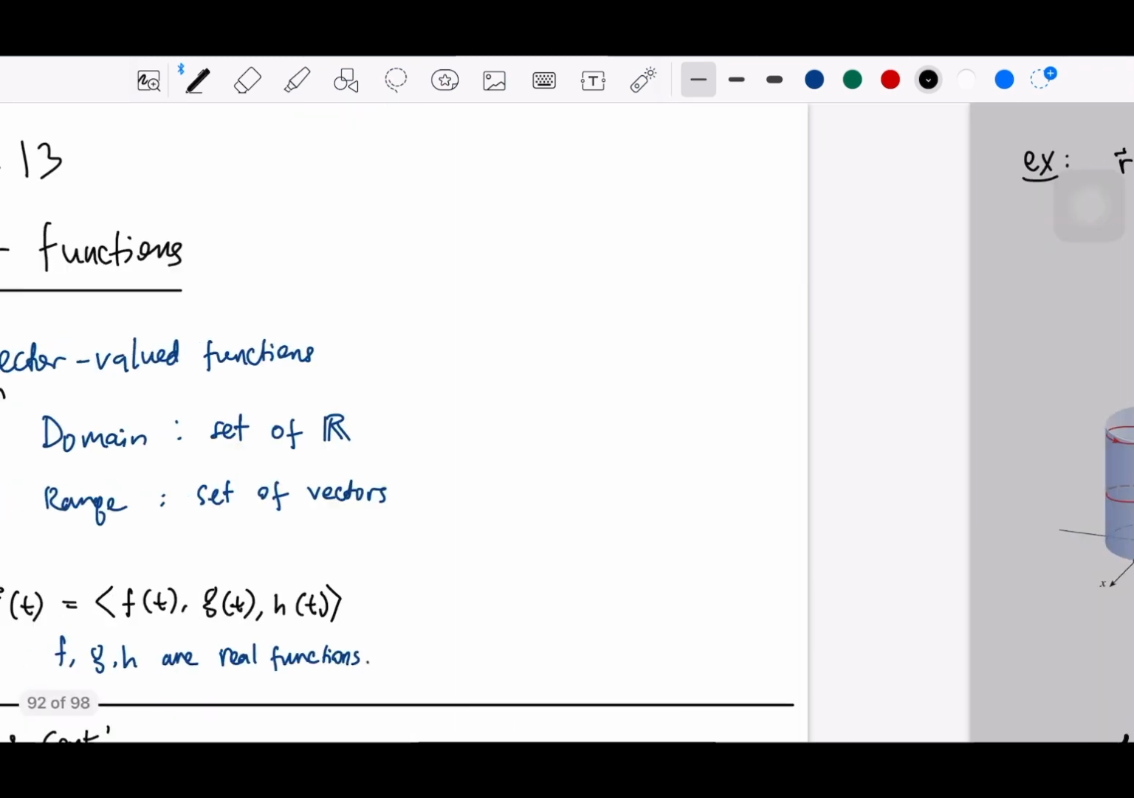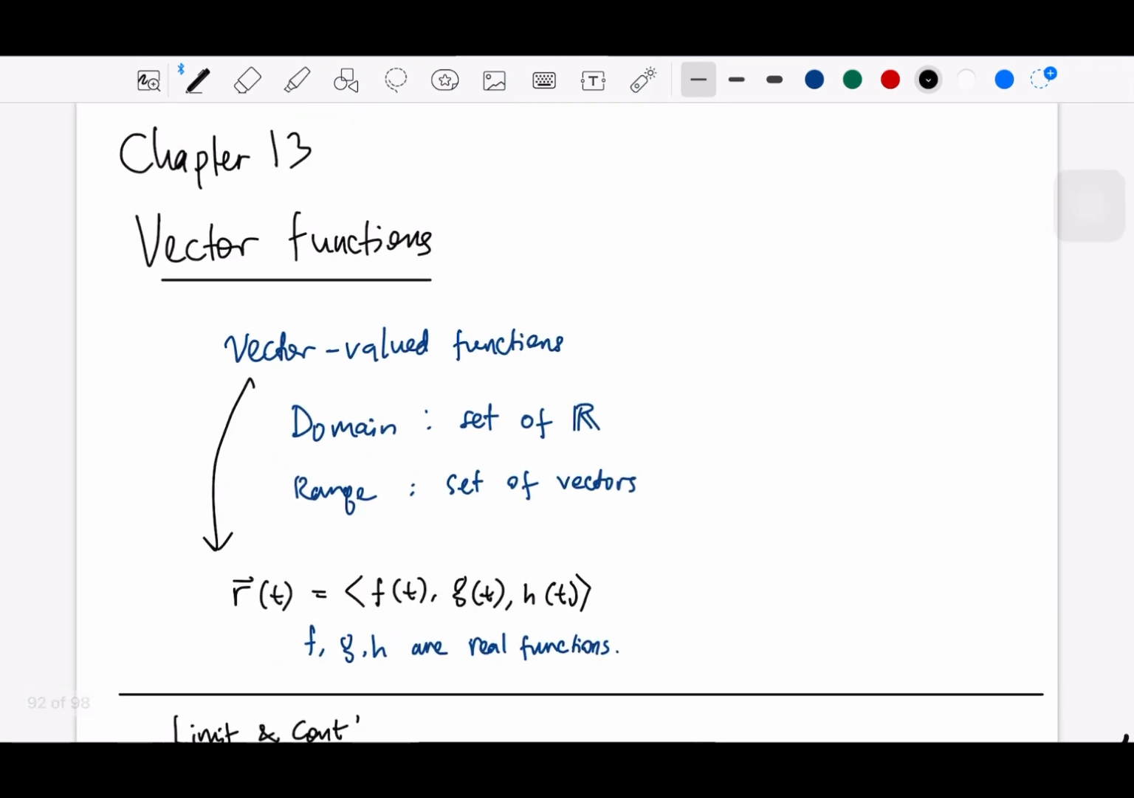Okay. So I would like to finish off what we had yesterday, that is the vector functions. So chapter 12 and chapter 13, the vectors and vector functions, serve as additional chapters to set up